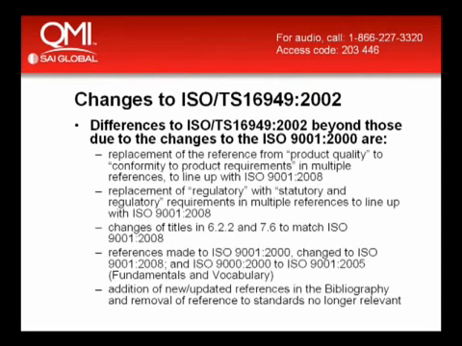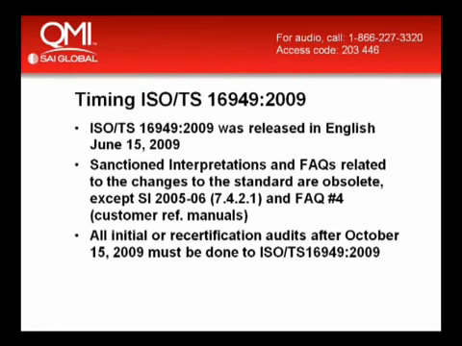Environmental Standard 14001. There are some title changes: 6.2.2, which is from competence, awareness and training to competence, just a slight change in the title. And 7.6 changed from control of monitoring and measuring devices to control of monitoring and measuring equipment. The references to the fundamentals and vocabulary were changed in the standard to line up with the current version, and there are also some changes in the bibliography to delete obsolete references and include more relevant references.